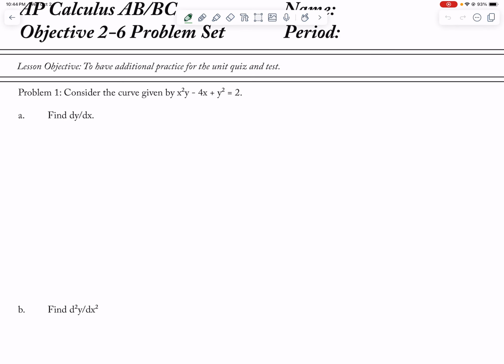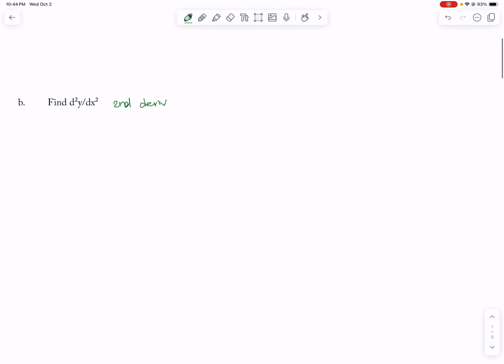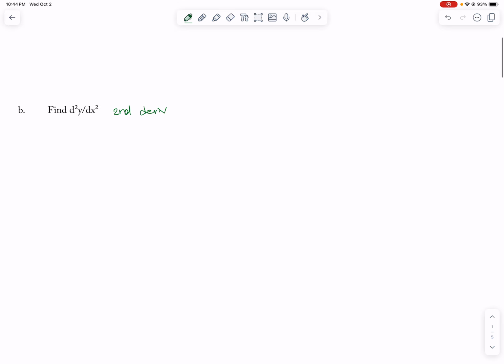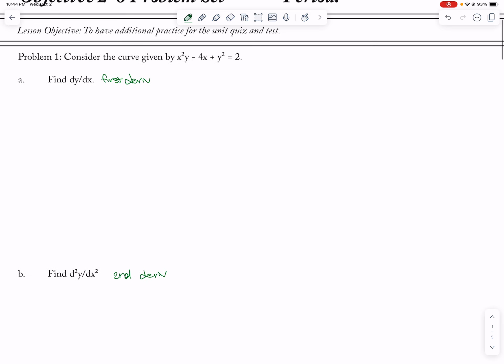And obviously, this is the first derivative, and this is the second derivative. That's pretty clear. But in the end, when we start to look at other things, you have to know what you're supposed to do. So the first thing I will do is just a reminder. In the first section, we talked about